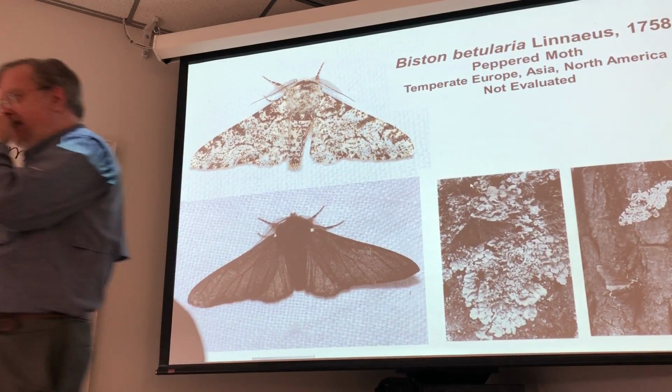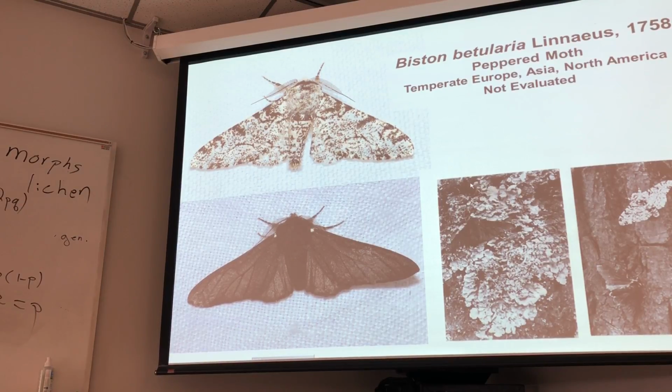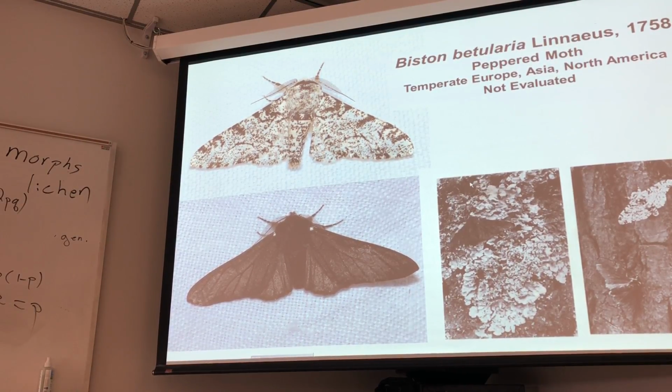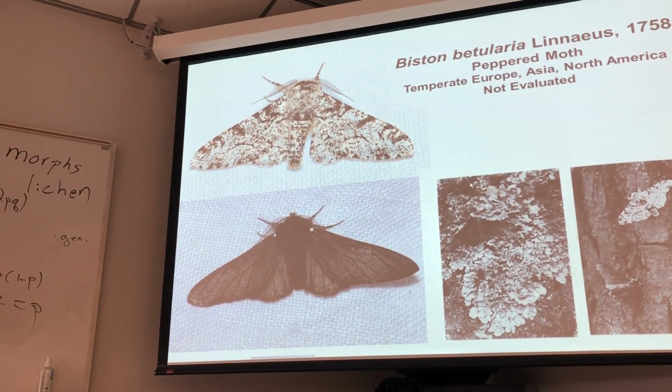Which one has an advantage during the daytime if it's resting on a lichen when it comes to being spotted by a bird? The peppered form is very hard to see. The dark one is more likely to get picked off. So let's take a look at